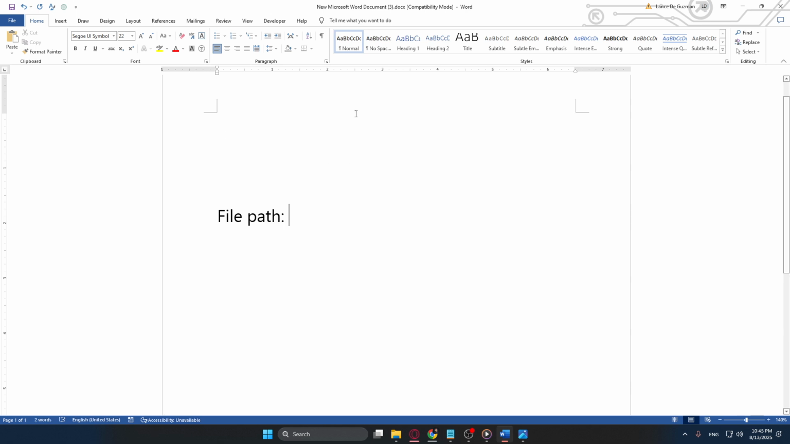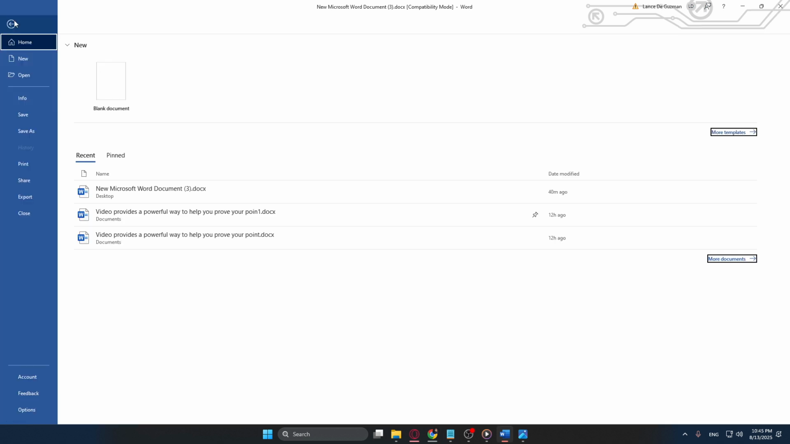First things first, you'll want to open up the Microsoft Word file that you're working on. Once your document is up and running, move your attention to the top left corner of the screen where you see the File tab on the ribbon. Click on it to bring up a list of options. Among these, look for Options, which is usually at the bottom of the list, and select it to open the